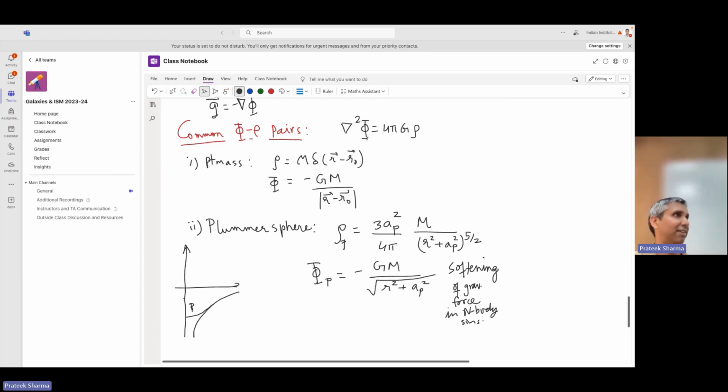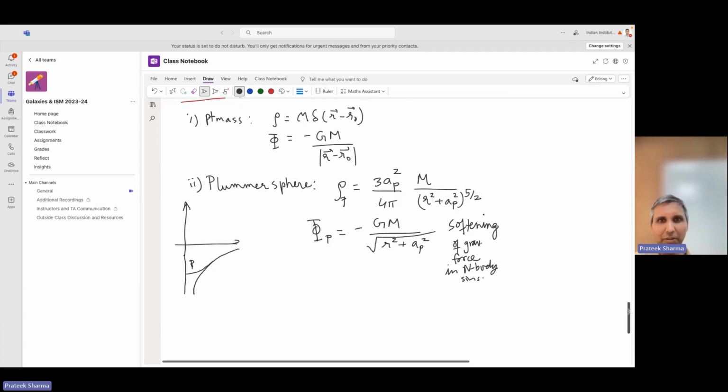You have to solve this differential equation. But if you specify phi, you can always calculate del squared and calculate rho. But that also has a problem because rho can actually come out to be negative. If you take a del squared of something which looks reasonable, sometimes you can get a negative rho. So people have tried a bunch of different things, and for example, this is always positive, and the phi has the behavior which is reasonable. People have tried a bunch of these things and seen which ones have desirable properties.